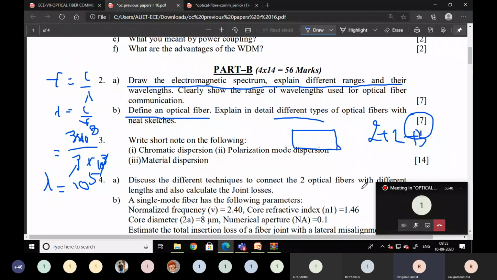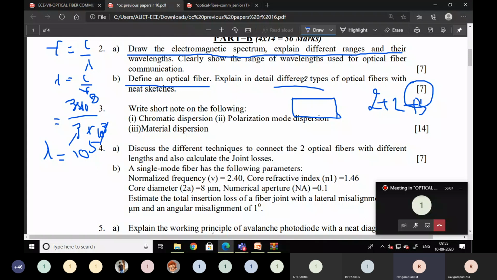At that time, understanding alone is not enough. You have to remember that. Understanding is essential, but you also have to remember. Not 100% of all concepts, but some concepts you have to remember. Types of fibers: based on modes and based on refractive index profile. Step index and graded index, and single mode and multi mode. So you may write like that. Based on modes, we have two types: single mode, multi mode. Based on refractive index profile: step index and graded index, and those diagrams you may write. You can write the answer in the same manner.